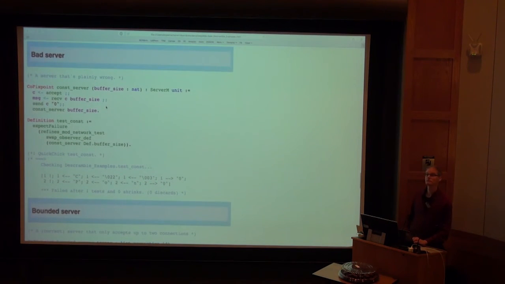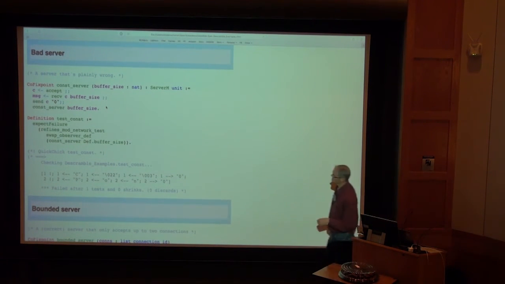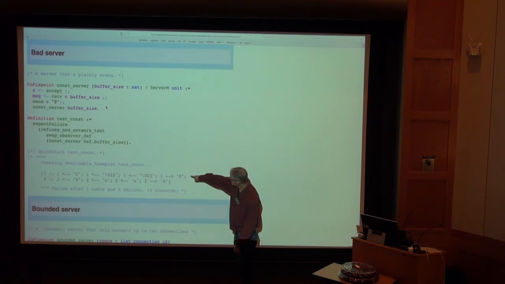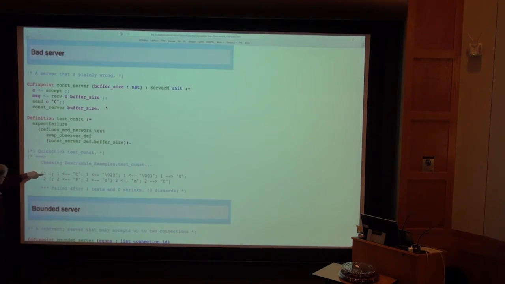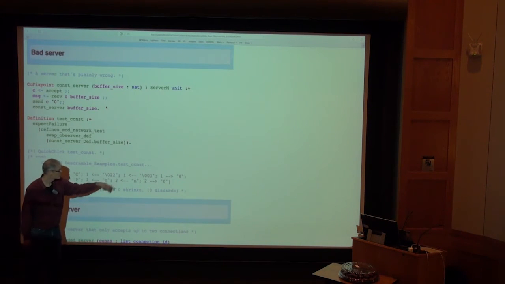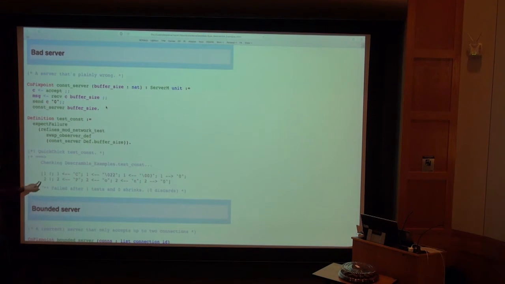Benjamin. Yes. I think this trace has the shortest length. You could shrink the byte unit. Okay, thank you. So you could make the bytes less crazy looking, but let's look at what happens. So we accept a connection 1. And then we send it 3 bytes, and it sends back 0. And then we accept another connection and send 3 bytes. Yeah, that's right.